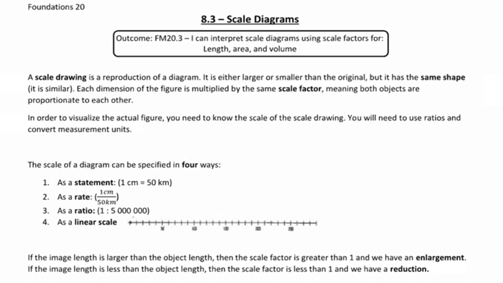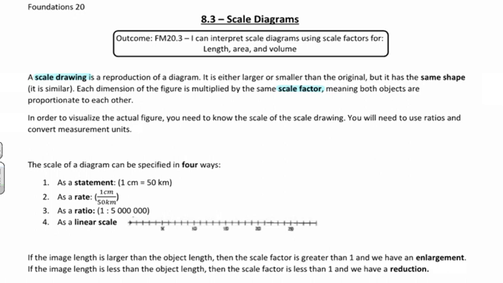8.3 is scale diagrams. A scale drawing is a reproduction of a diagram of something that we either want to enlarge or reduce in size. It's either larger or smaller than the original, but it has the same shape. It's going to be a similar figure, so the sides will be proportionate, but I'm either going to be multiplying it by a number larger than 1 to get an enlargement, or reducing it by multiplying it by a number less than 1. Each dimension of the figure is multiplied by the same scale factor, meaning both objects are proportionate